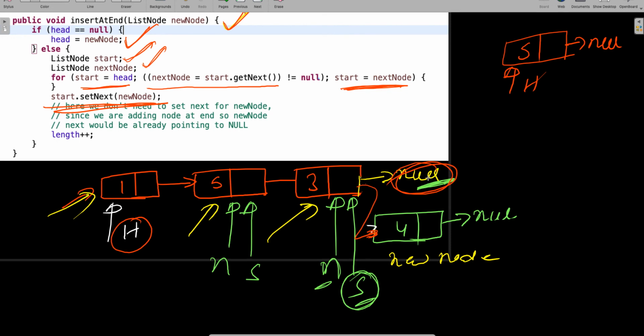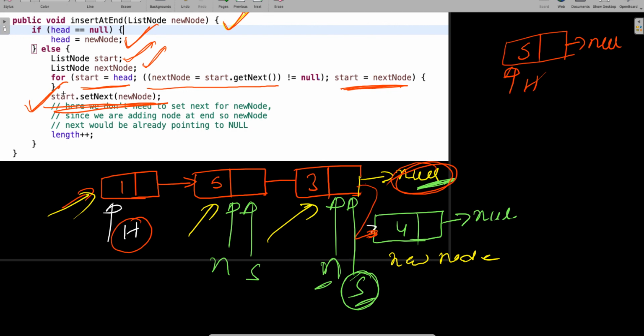Now the same thing you can code in the Eclipse also. I'll share the code with you, the source code I'll share to you. But my request is understand this, write in your Eclipse, because I have made everything very crystal clear. I'm explaining you line by line, right? Now one thing you might be wondering: why is this guy doing that start dot set next? This will be coming to your mind, like why I'm doing that start dot set next. Why not next node dot set next, right?